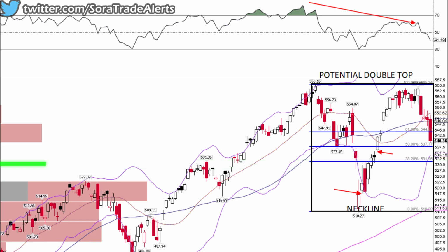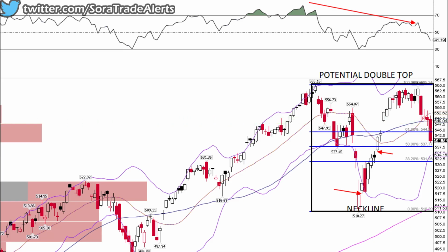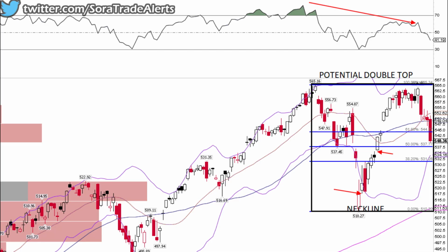Should price stabilize at the 50% Fibonacci level, the odds increase of a retest of the confluence of the 38.2% Fibonacci level at 543. A close above that level, and odds also increase the likelihood of a test of 549. On the downside, should price close below 537, then the likelihood increases of a retest of the confluence of the 61.8% Fibonacci near 530.86. A close below 530 implies a move down to the next support at an unfilled gap